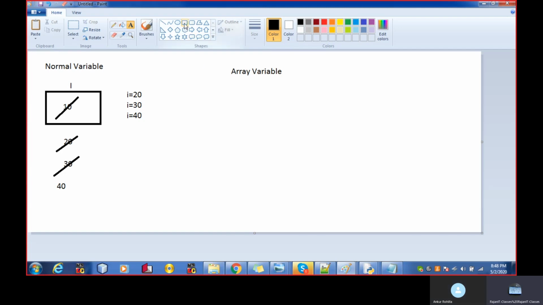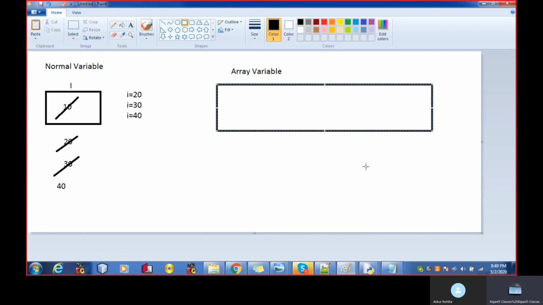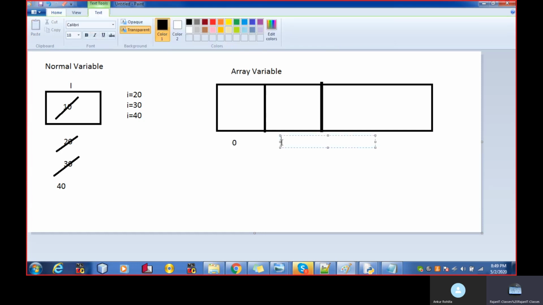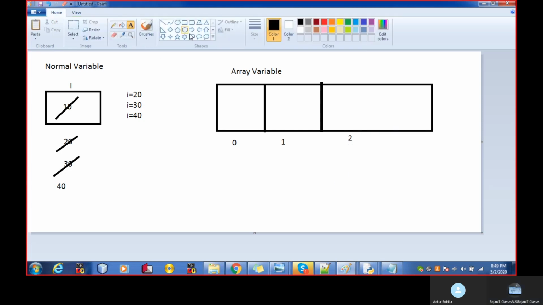It means at this moment a small box will not be made, a big box will be made, right? And this big box will be divided into three parts, right? And the numbers of the boxes will be 0, 1, and 2.